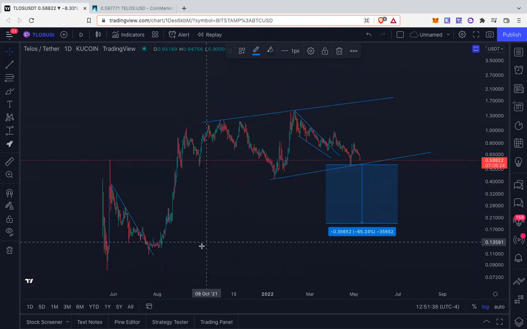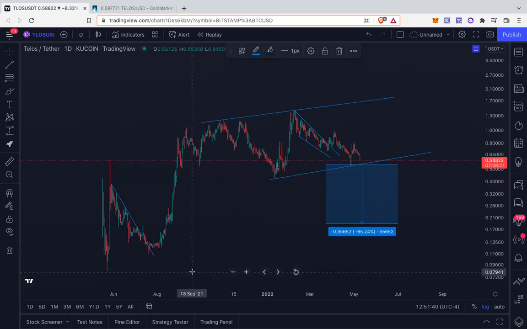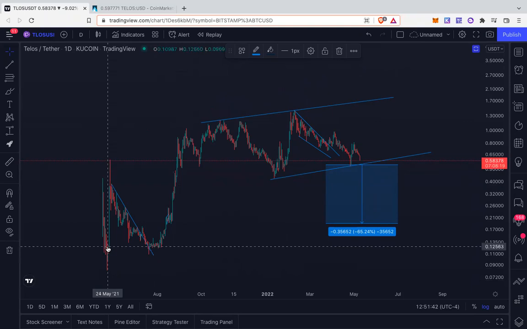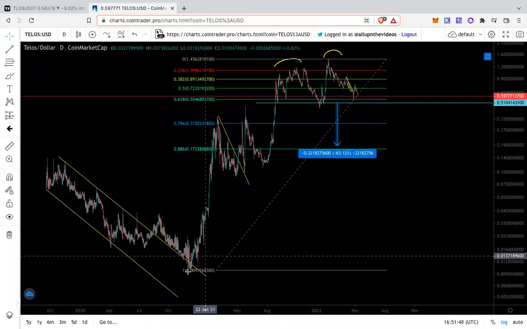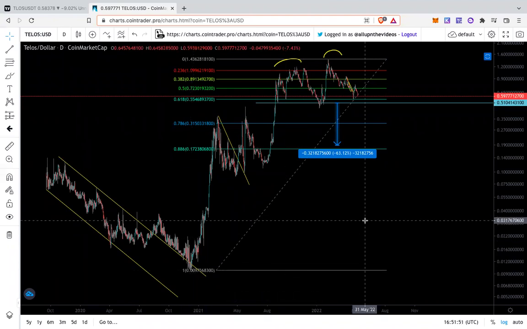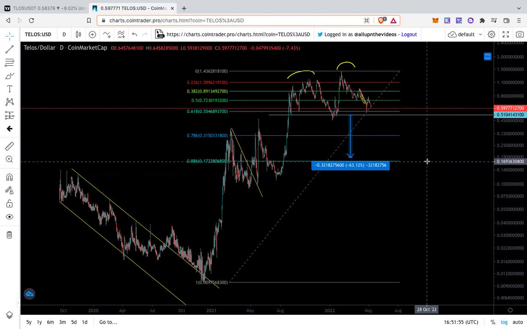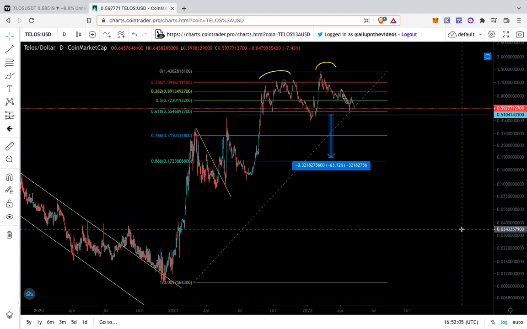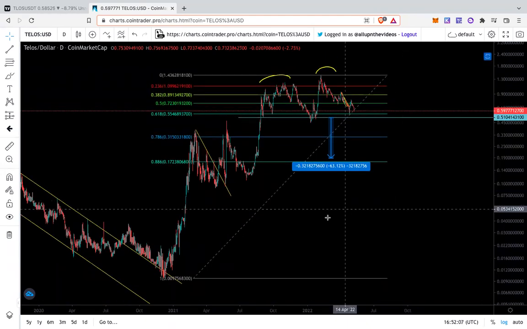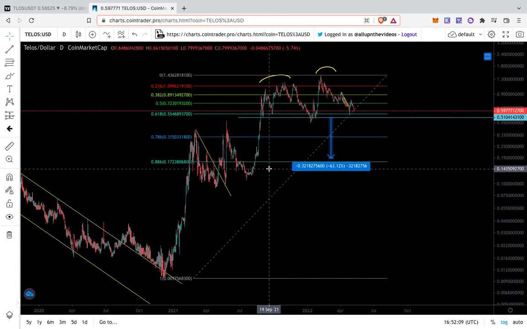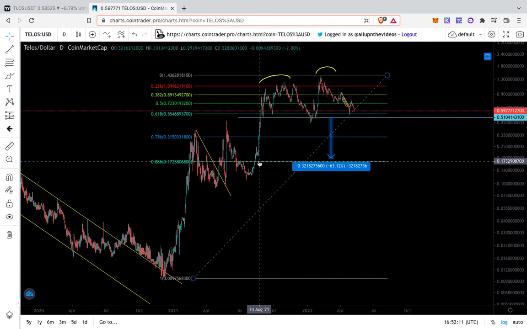Did this actually update? I think this, no, it didn't update. Because from this chart, yeah, it doesn't have all this data. But I keep telling this community that I'm expecting to see Telos around 17 cents. And they keep saying, what are you talking about? 17 cents, that's crazy. 17 cents is the target because of the 86 fib.